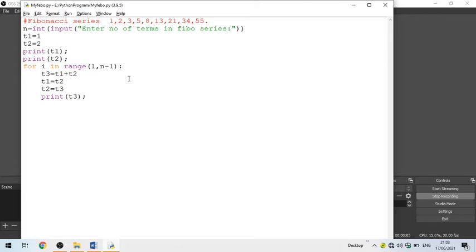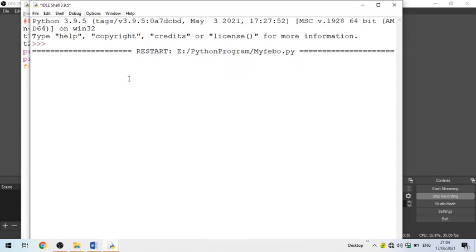So this is our program. If you want to print all the Fibonacci terms in a single line, then you just need to put end equal to this. Copy this in all the print statements. In the second, Control V, and then it will avoid the new line in the print. By default Python includes a new line in every print. So print F5 and number of terms 9, it will print continuously.